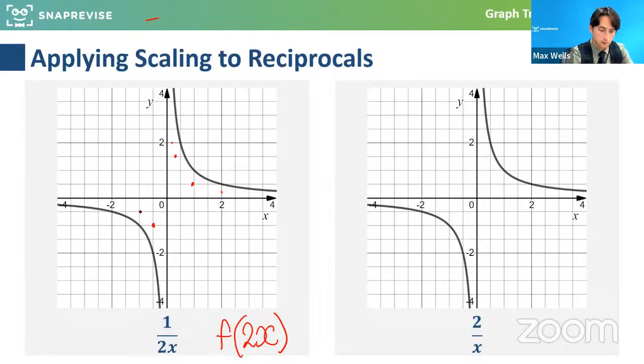I'm going to half the x positions, and so this will squash the graph in. The asymptotes will still be the same. It's the individual points that will have become closer to the axes in the x direction. So this is a scaling by a factor of a half